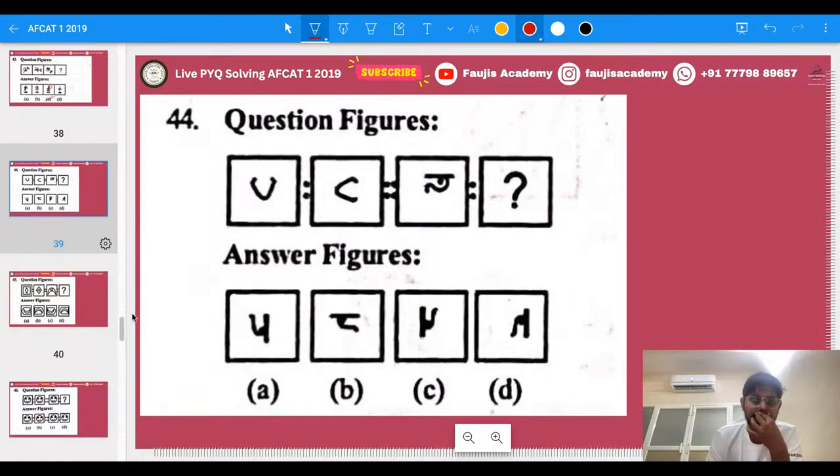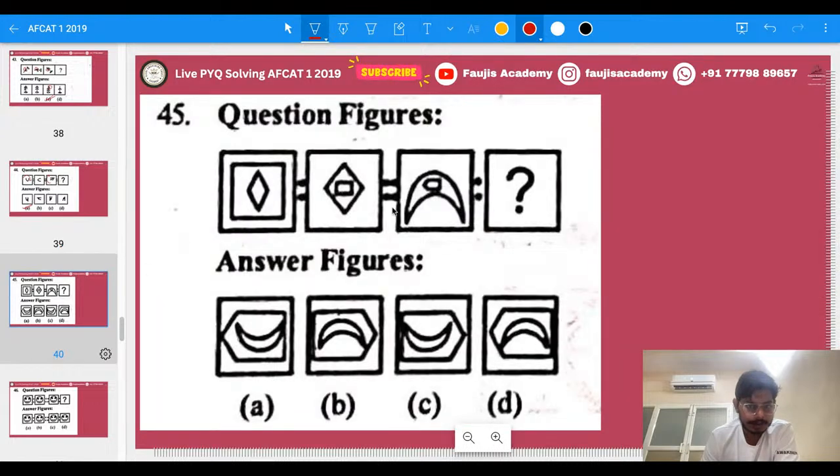This one, this one is an easy one. Okay, it's moving over here 90 degrees, so it will also move 90 degrees over here. We have only one such answer, 44A, right? Clear? This one,